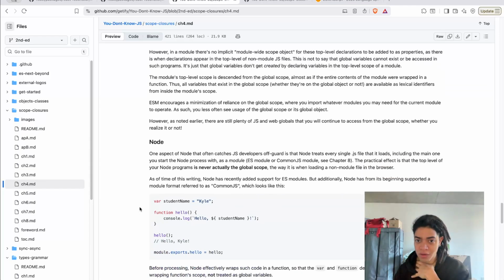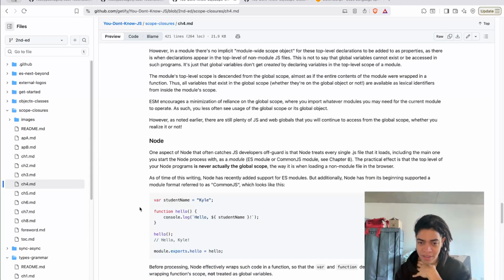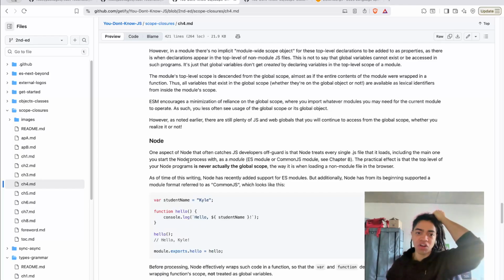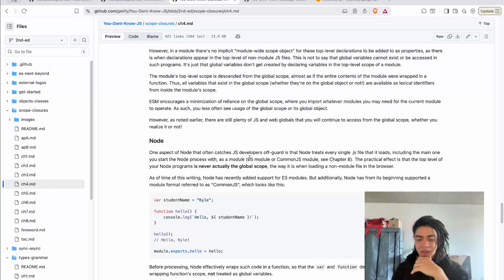So with Node, you now have a global scope, but it's interesting because one of the things that catches JavaScript developers off guard is that Node treats every single JavaScript file that it loads, including the main one you start the Node process with, as a module, whether it's an ES module or CommonJS.